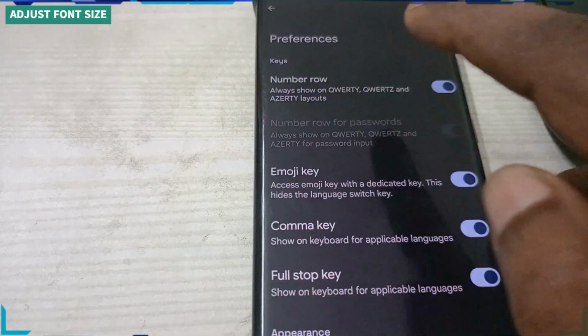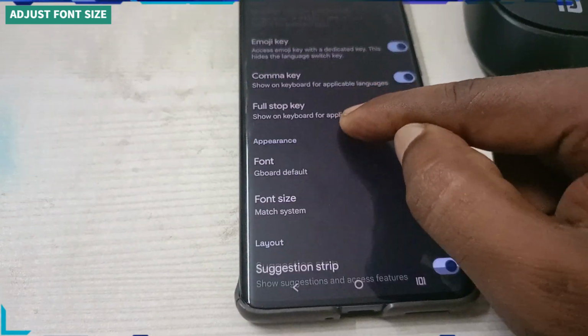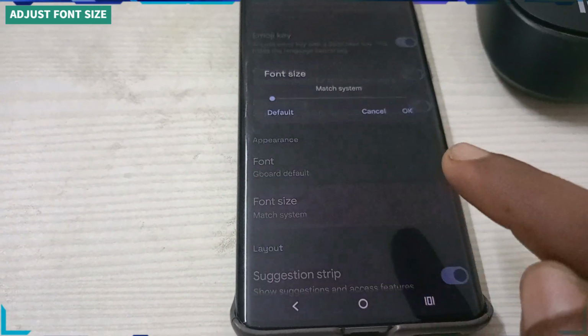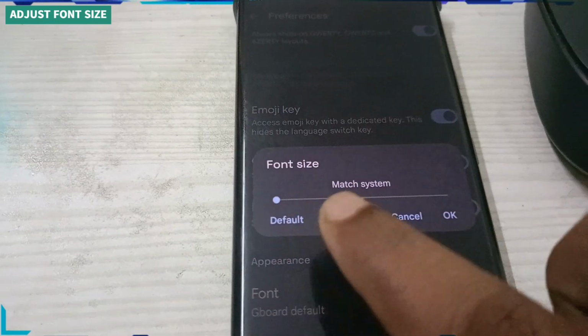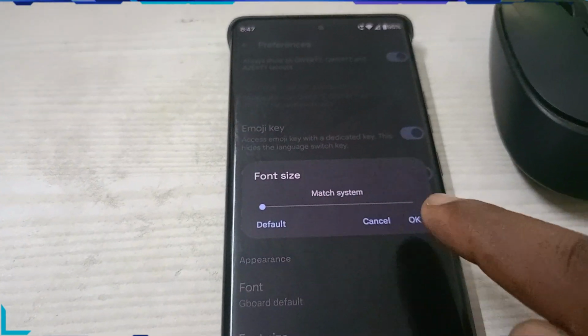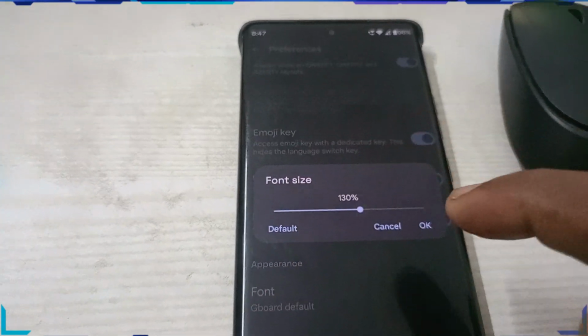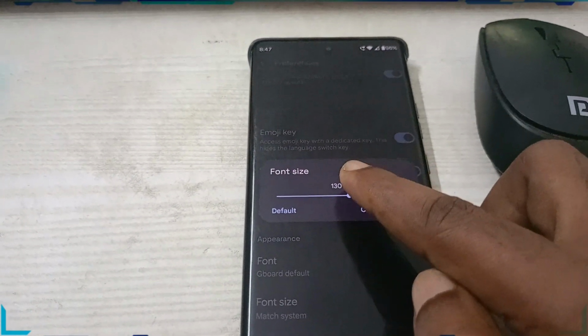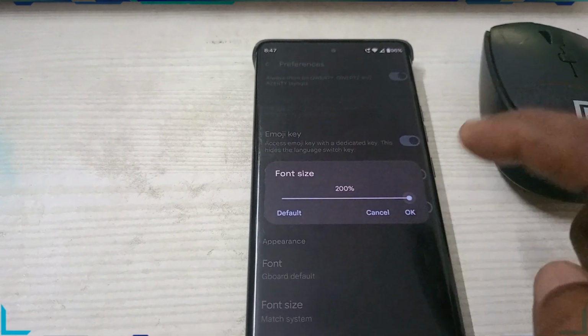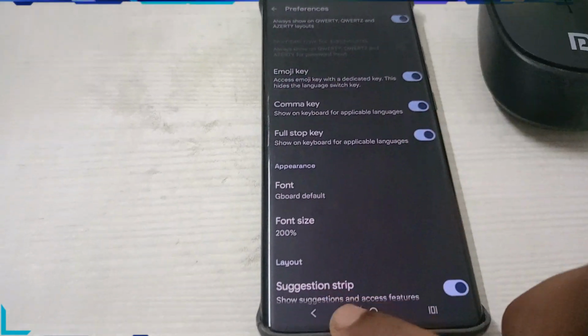Click on preferences, and here the font size. By default this will be something like match the system. What you can do is increase this bar to whatever size you want. So for now in this tutorial I am making it to the maximum and setting it to OK, and now